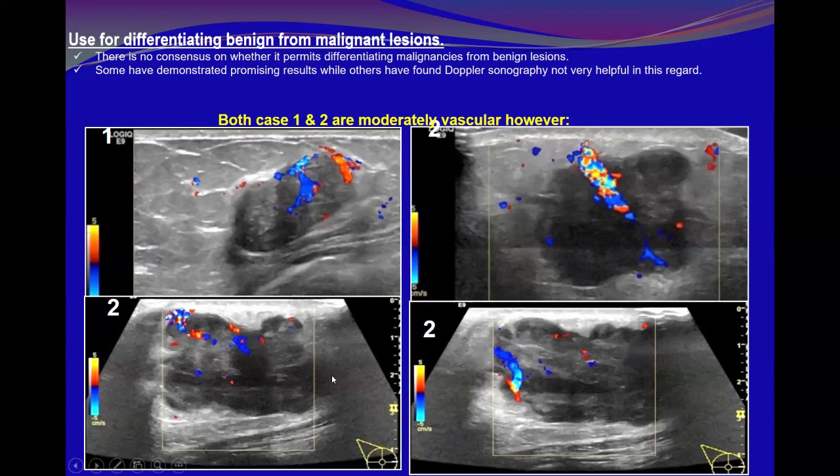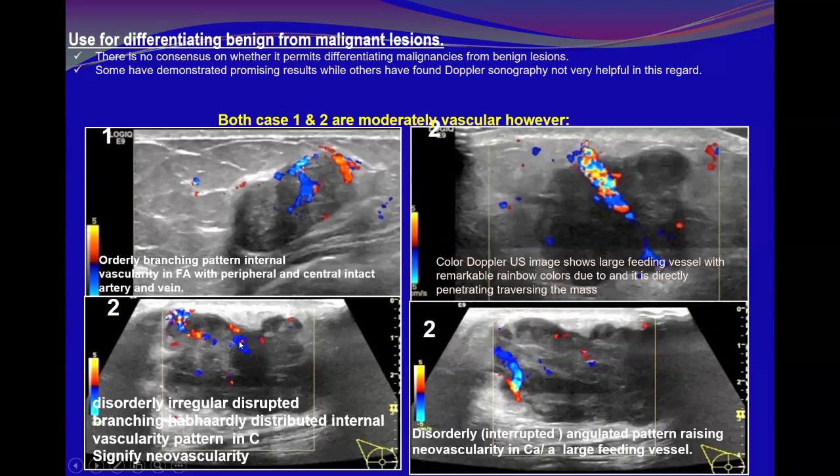While in these examples here, the vessel is irregular, it curves, and look at the branch, how does it look? There are multiple tiny scattered vessels. The branching vessels are haphazardly distributed within the lesion, internal vascularity, and it is disorderly or disrupted. That was my description: disrupted, disordered, distributed, numerous, tiny, irregular, while these seem to be intact